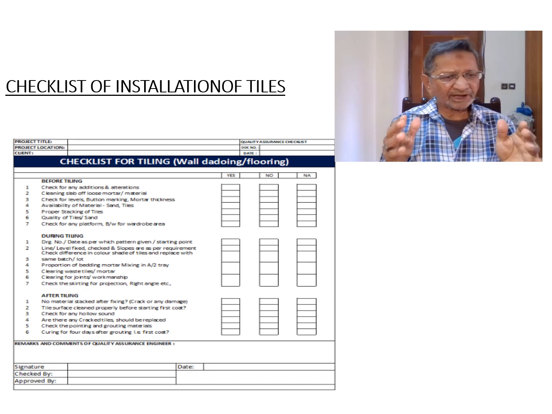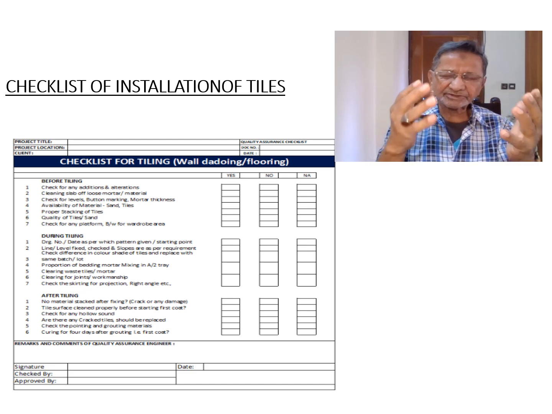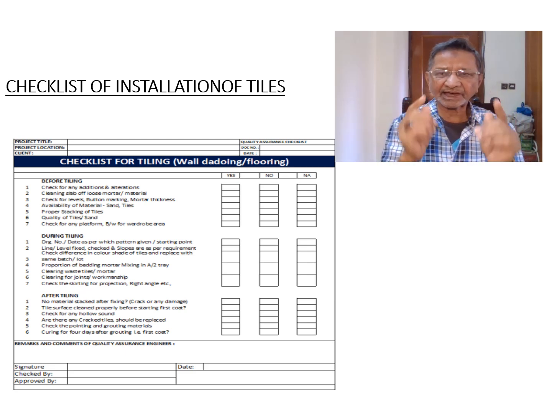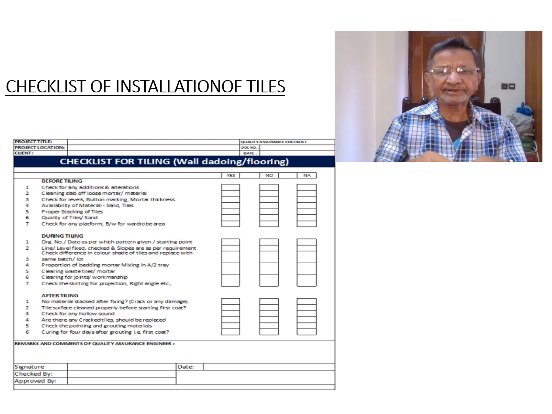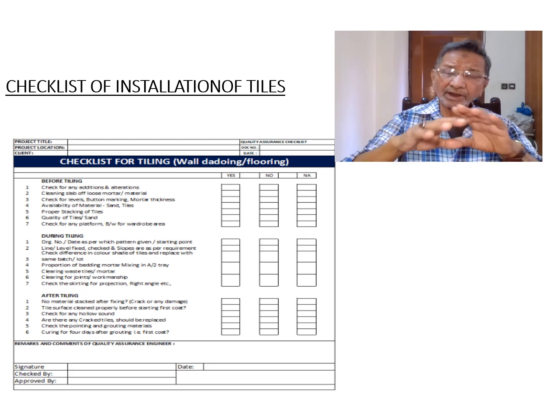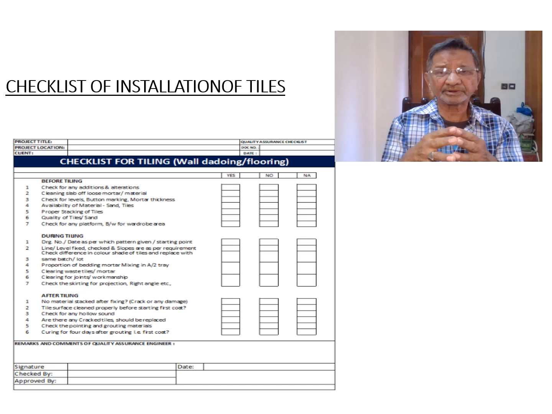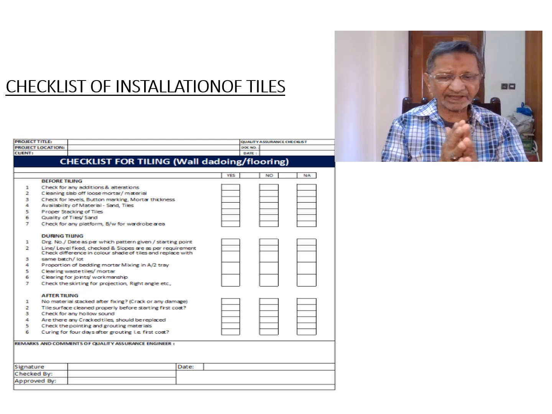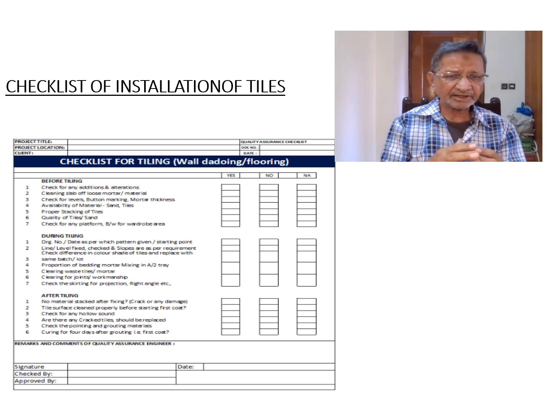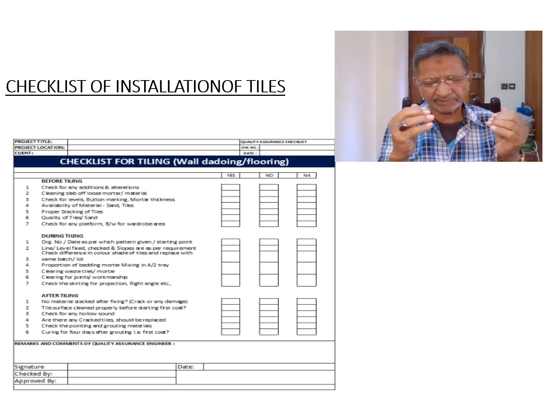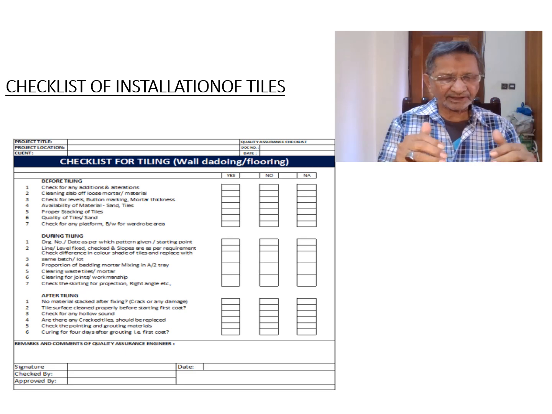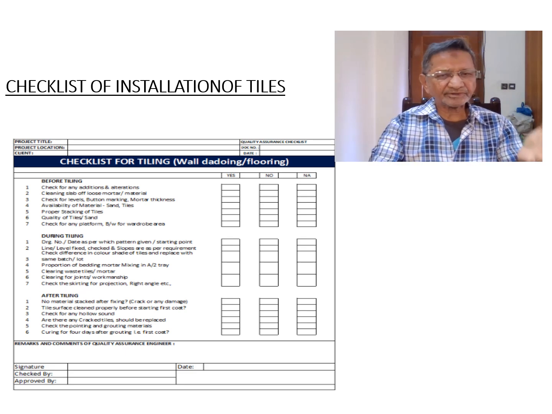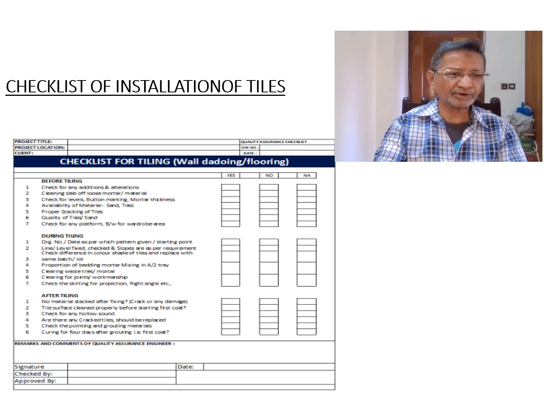In this way, you have to arrange all the materials like the tiles, the adhesive, the grout, and all the tools and equipment at site. So when you arrange all these things, I mean the material and the tools,